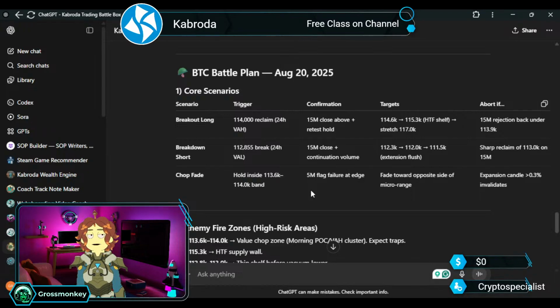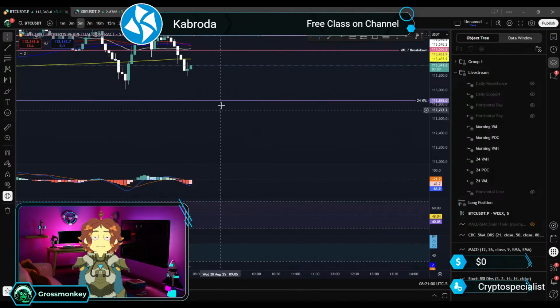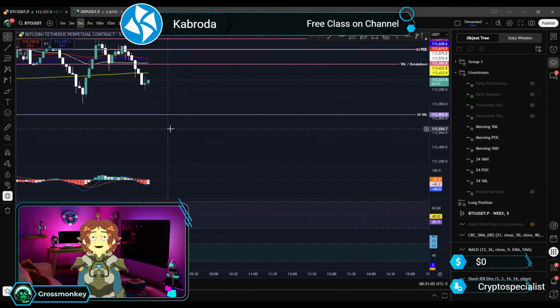If the 15-minute rejects back under the 13.9K range, it's time to get out. We got a breakdown short, and this is, I would say, most likely for right now. It's saying we should wait until we get that 112.855 break range. So if we break down below this 24-hour volume area low right here, get that 15-minute close below, and then a retest